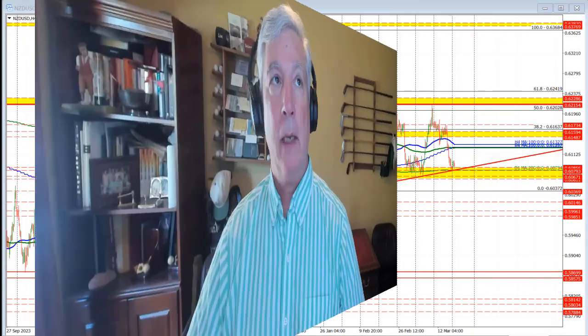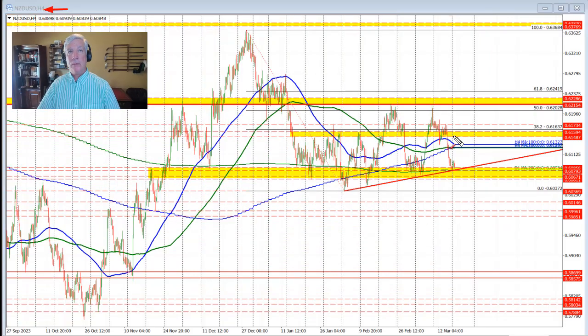I'm going to take a look at the New Zealand versus US dollar. Today's date is March 18, 2024. Let's get started. Looking at the 4-hour chart in this currency pair, and what we saw in last week's trading